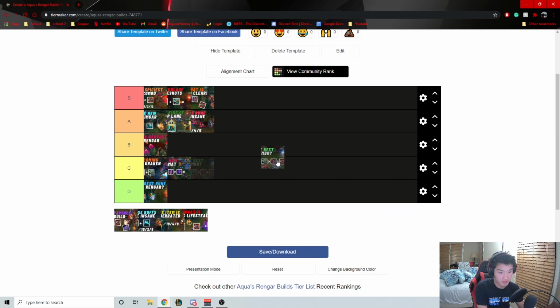Alright, next we've got the Eclipse and Collector. Now this can be swapped out for like Eclipse and Essence Reaver, and it's definitely really strong. This is what Scrubnoob's going at the moment. He builds Eclipse into Essence Reaver, and he's been tearing up even in Challenger, so it's definitely an S